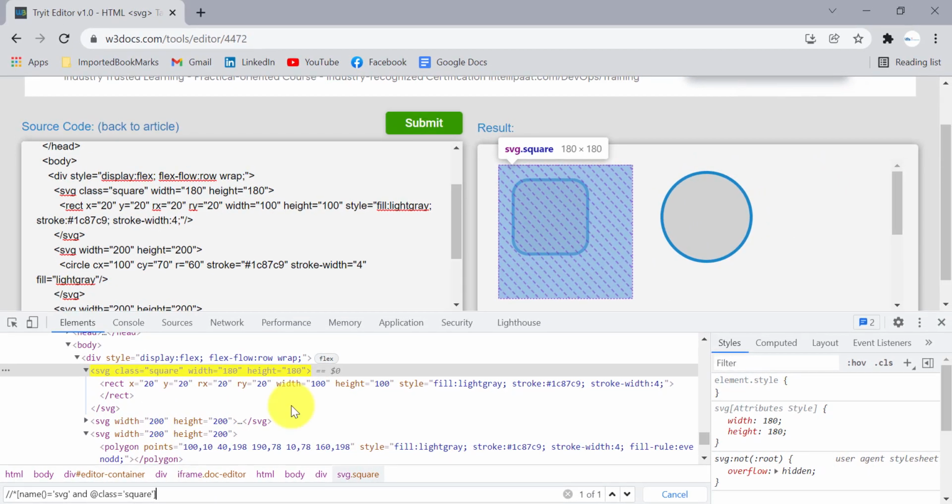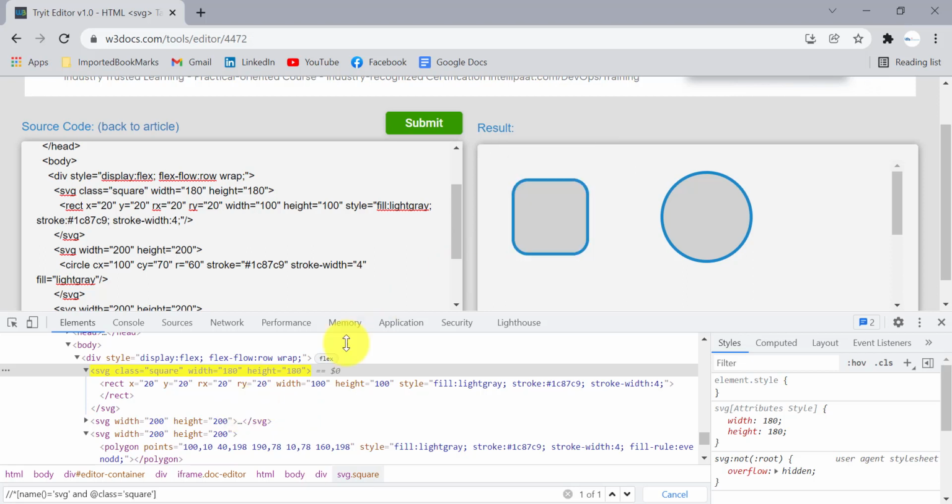So in your real-time application, just inspect that page, the SVG elements, and see what are the different attributes available by which you can uniquely identify those elements. But you need to start your XPath like this: star double slash, then name equal to this SVG tag. If you come to this parent tag, then you can uniquely identify whatever elements are available inside that SVG tag, by using different attributes and their values.